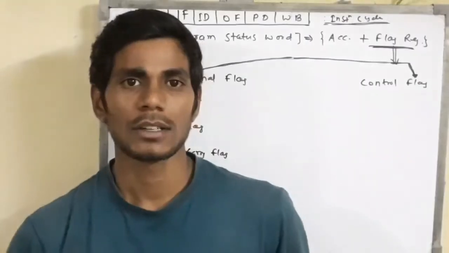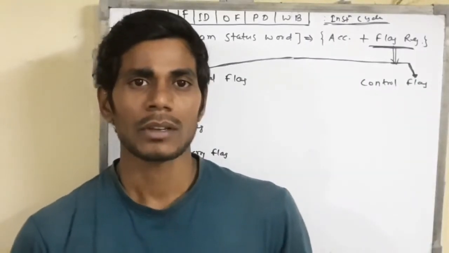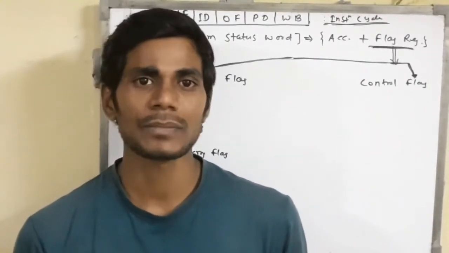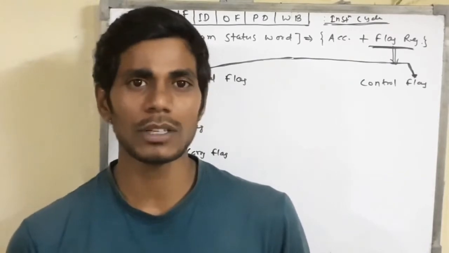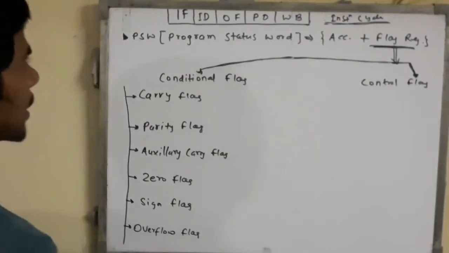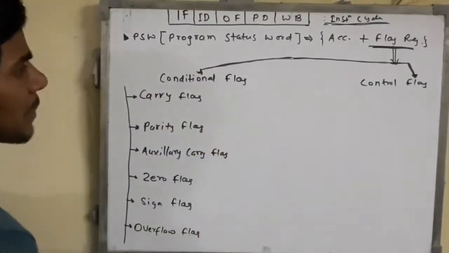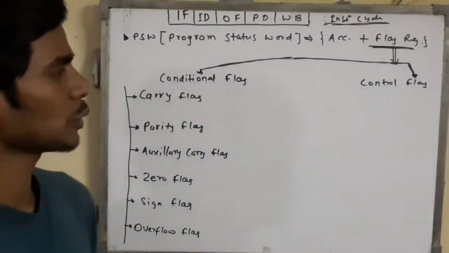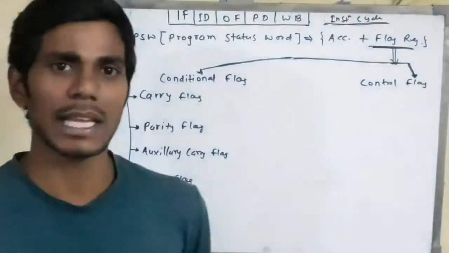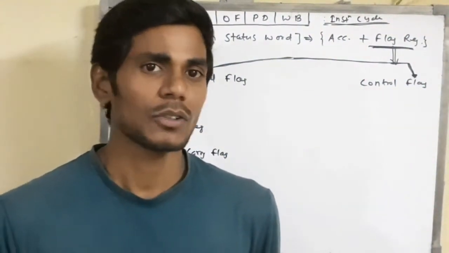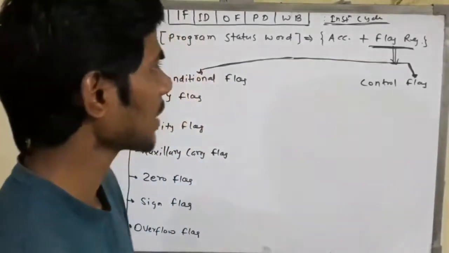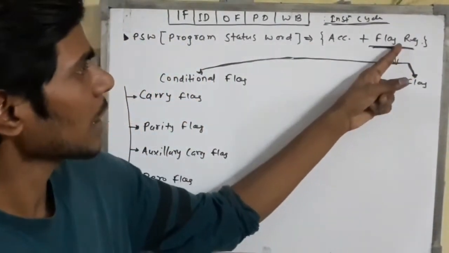Okay, we have seen the instruction cycle. So what we do in the instruction cycle is fetch the instruction from the memory and perform the operation, and store the result back to the memory or register. In between, there is some value to be stored somewhere. If we are performing addition, we have to store the value of addition and some additional information, like whether it has a carry or not, whether the resultant is 0 or not. Some kind of information is stored in the flag register.